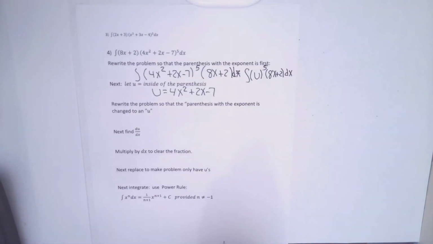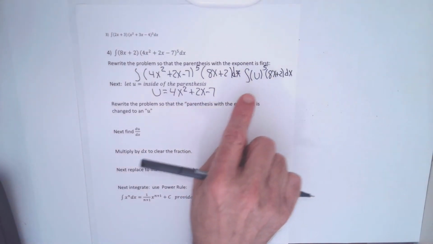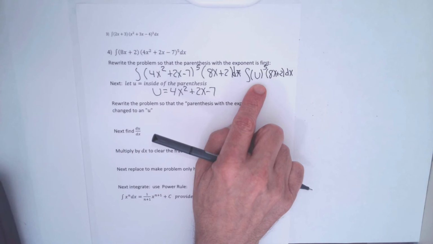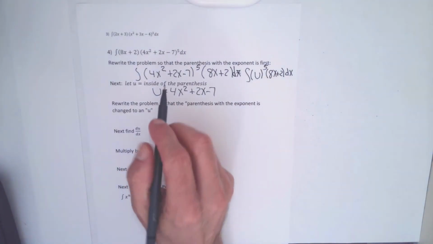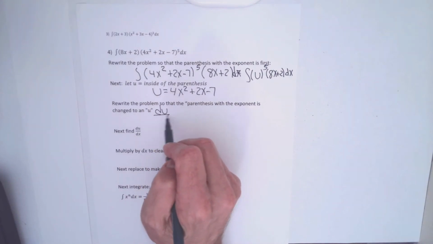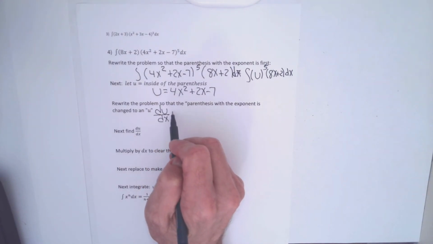So there's my writing the problem in a good order, getting the junk changed, the inside of the parentheses with the exponent changed to a u. Now let me do the derivative. I'll say du dx